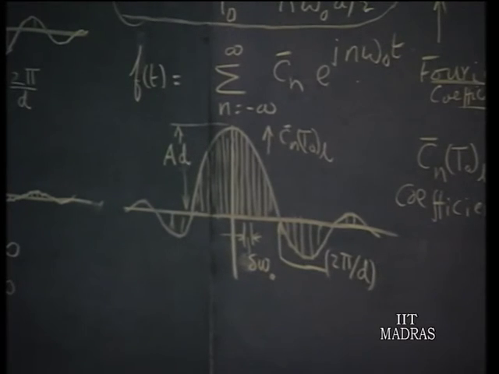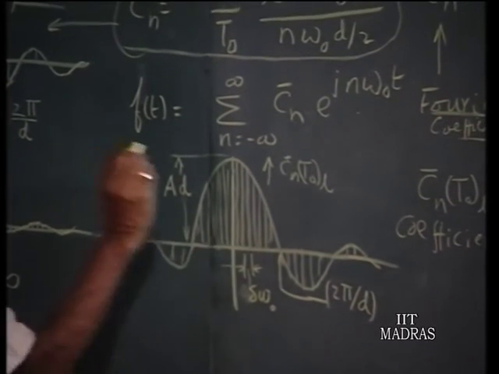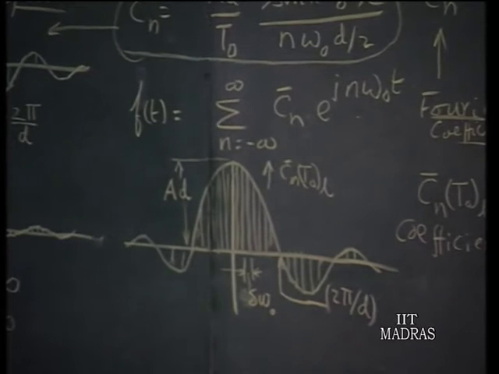In other words, you will get a frequency component at every point on the x axis rather than at discrete points along the x axis, because delta omega naught becomes smaller and smaller. So, the lines get crowded, come almost next to each other at every point on the curve, and therefore, we can say n delta omega naught,